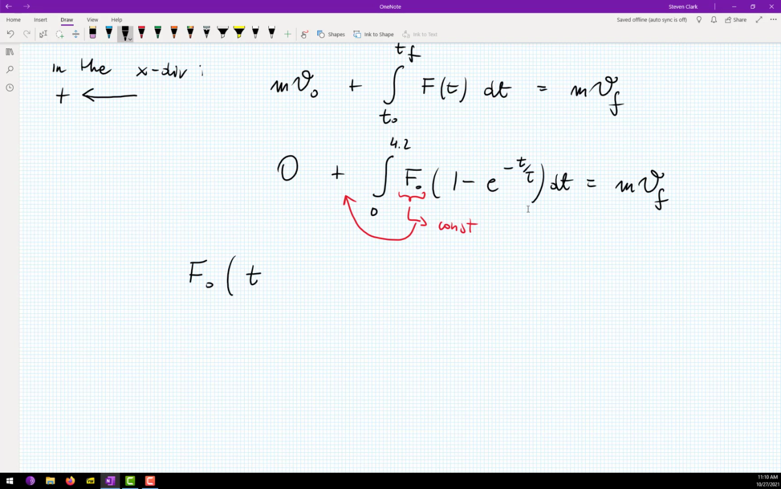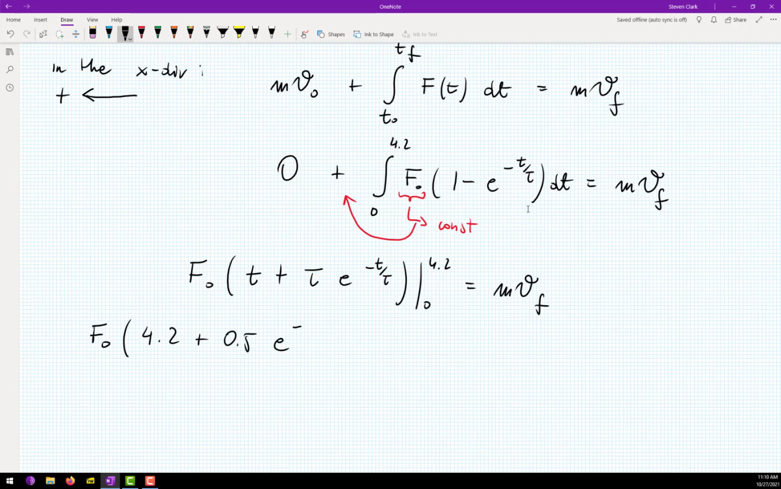F0 times (t minus tau, I think, yeah, plus tau e to the power of minus t over tau) from 0 to 4.2, and this is equal to mvf. Okay, so our F0 can be multiplied by 4.2 plus 0.5 e to the power of minus 4.2 divided by 0.5, minus 0, minus 0.5. And this is equal to